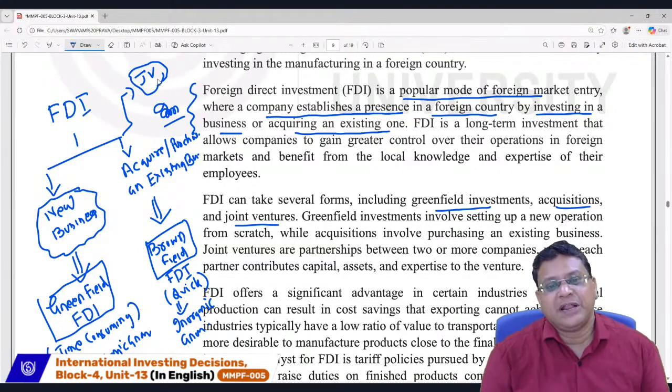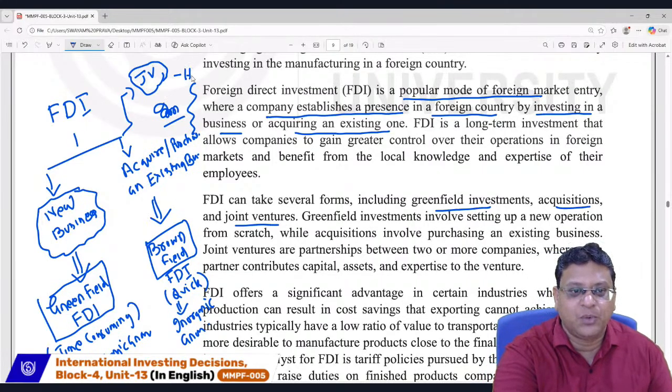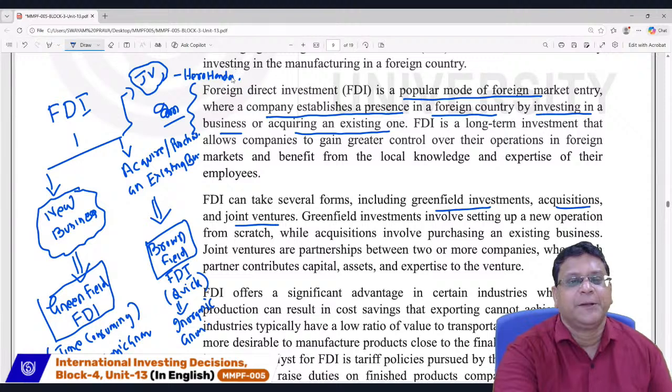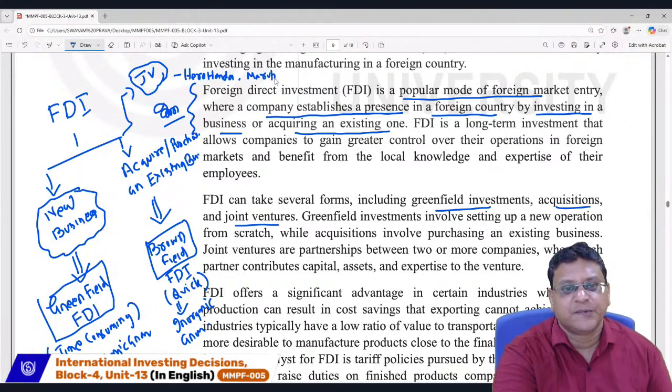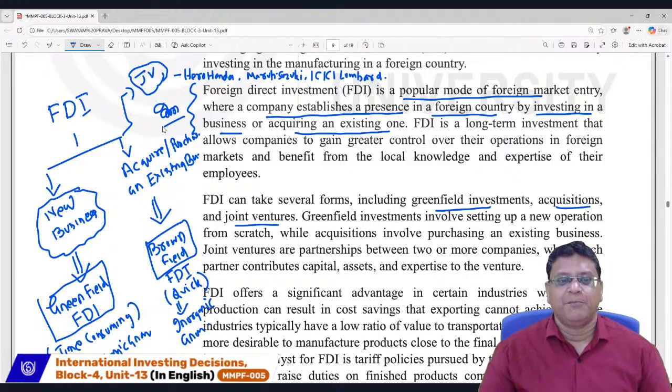What is a joint venture? It is a venture of two firms. I have given examples, two firms, Hero and Honda. It is a form of FDI by Honda, Maruti and Suzuki. ICICI Lombard is a joint venture form of FDI, where the FDI will be in alliance with a local partner. So FDI can take the following three forms: greenfield, brownfield or acquisition mode, or JV mode or joint